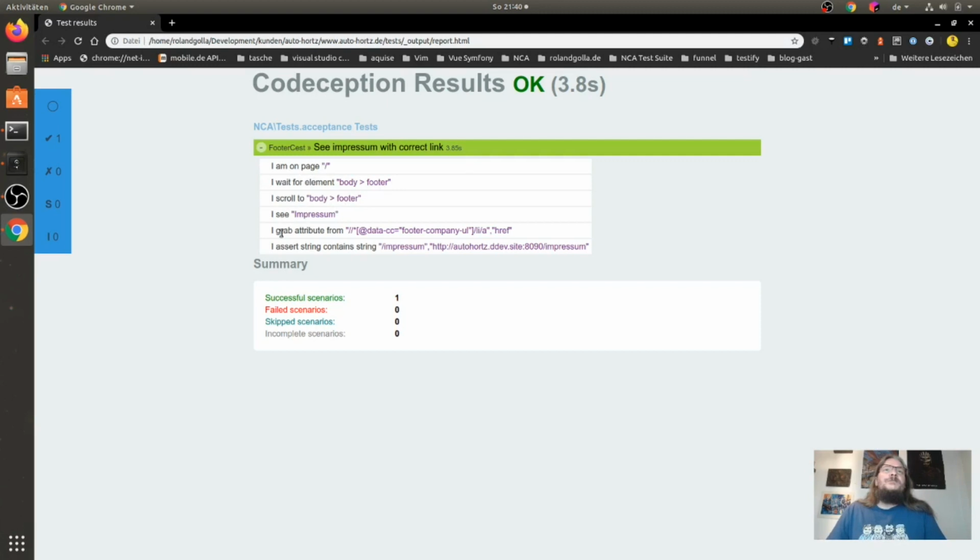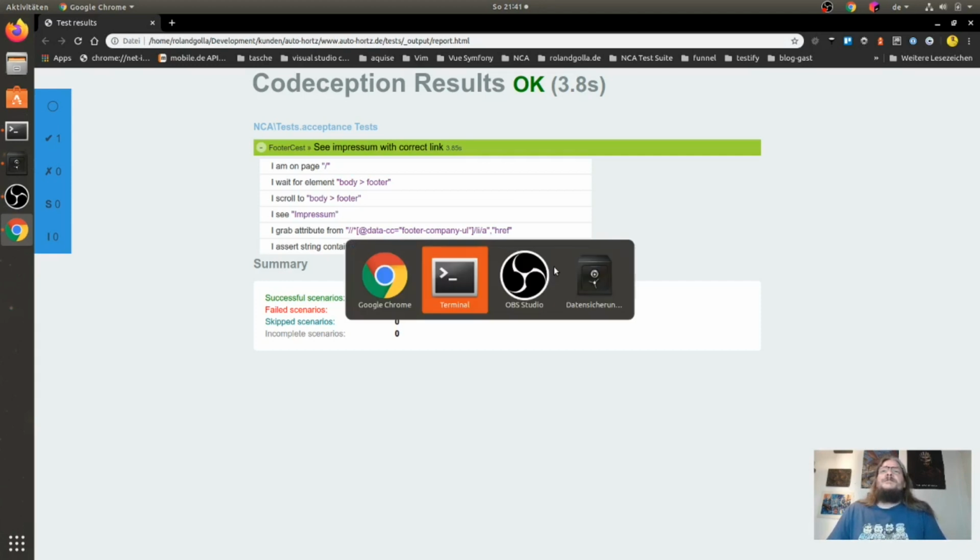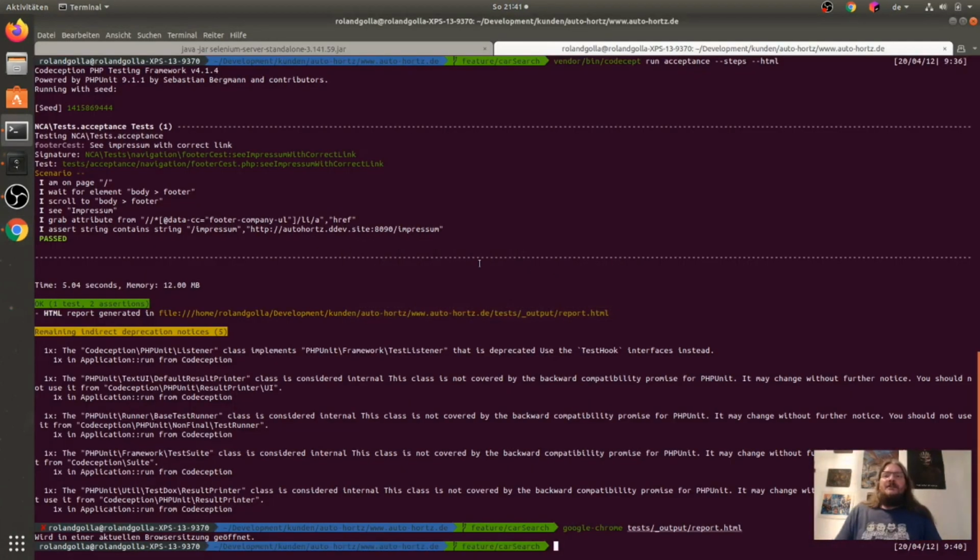I see imprint. I grab attribute from the link, the href, and assert that the link contains /impressum here on my link. So the green test is okay.